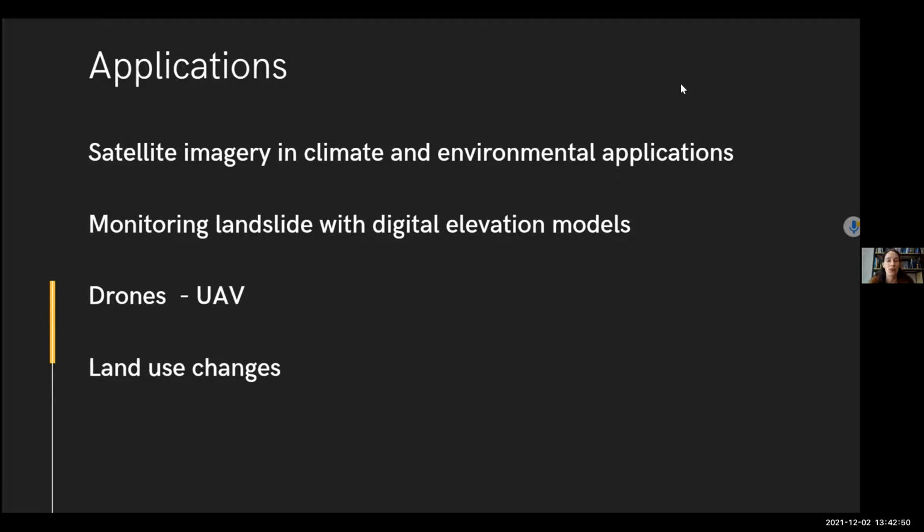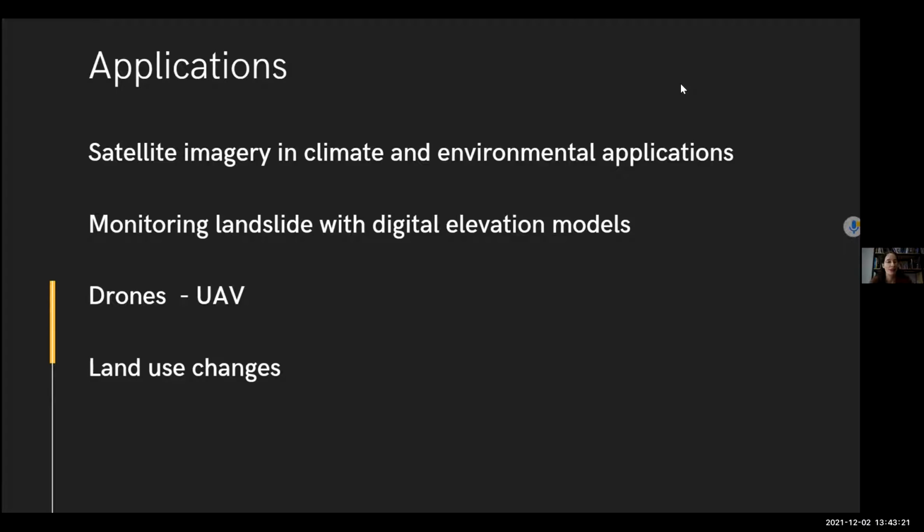be very useful for you. In the case that you are using drones or unmanned aerial vehicles, the UAVs, for sure, because you will have quite a lot of images of the same area if you are performing monitoring, because you want to see what is changing in that area. And also it's very important to have a structure to store this data. Otherwise, it